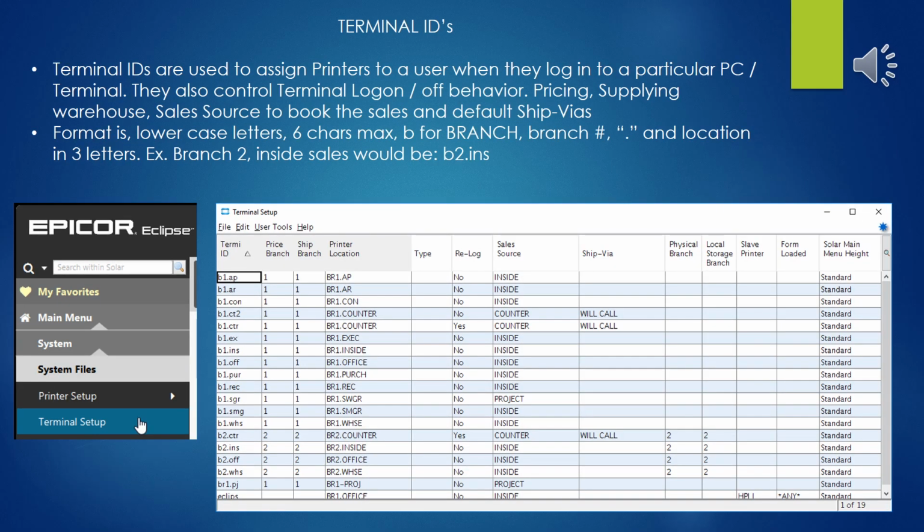Terminal IDs and printer locations go hand in hand with each other. You have to have both. The printer location just logically groups the printers together. The terminal IDs will use the printer location, but then add another layer of functional information for Eclipse. So the terminal IDs are used to assign printers to a user when they log into a particular PC and terminal. They also control the terminal behavior, log on, log off behavior, what branch you're pricing from, what your supplying warehouse is, what sales source is utilized when the sale's done, so what that number is posted to, and